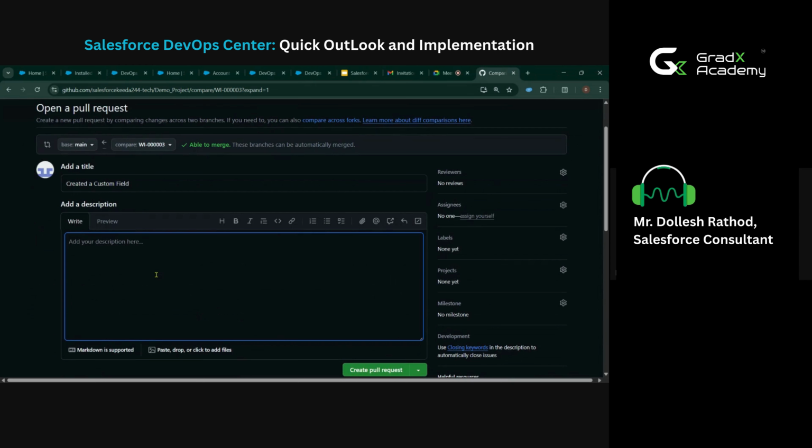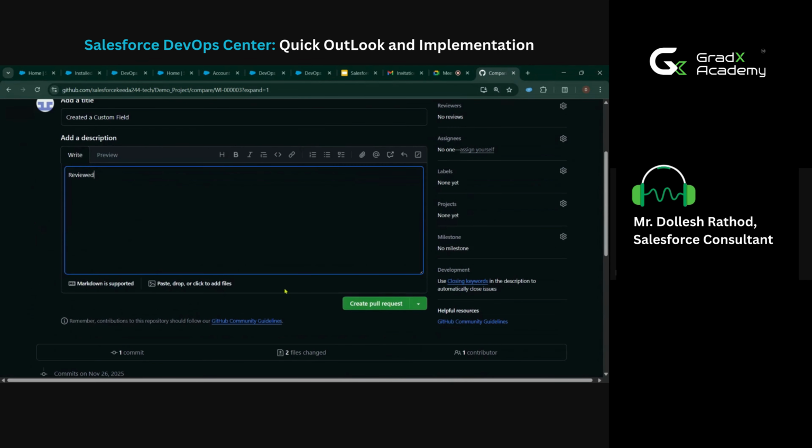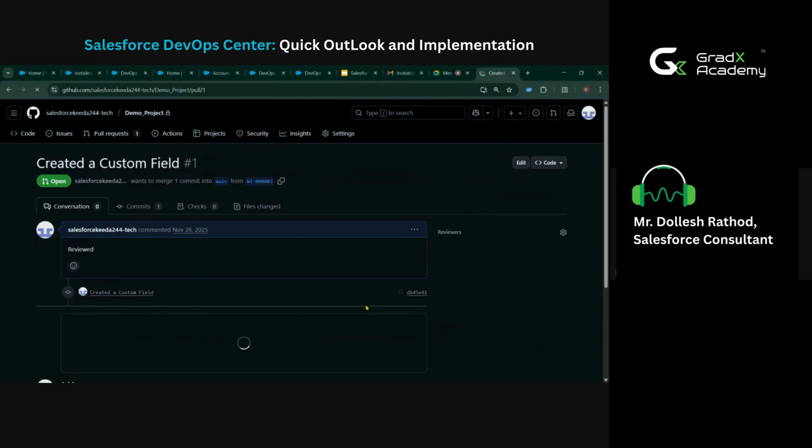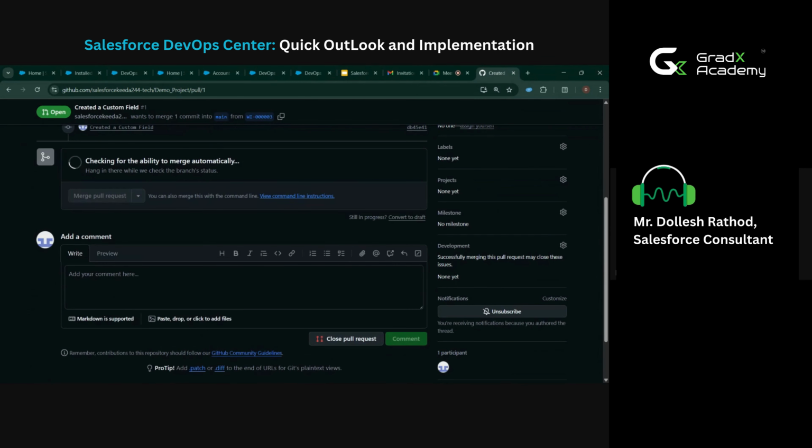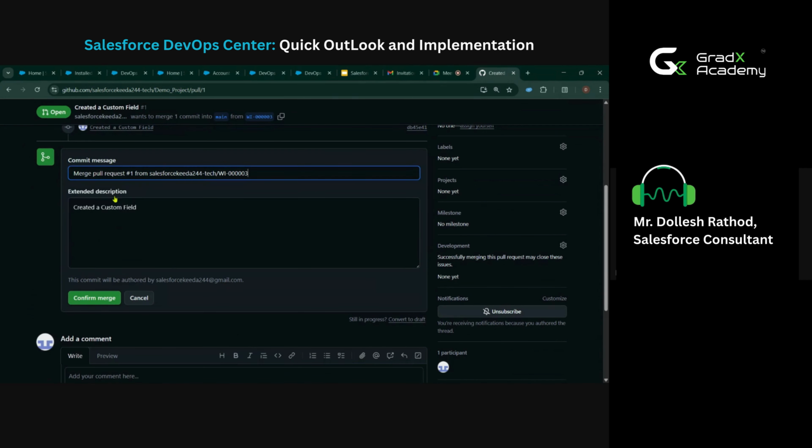It is marked as reviewed, and after that, I'm creating a pull request. Once I create the pull request, it shows me the option to merge it. Once I merge the pull request,